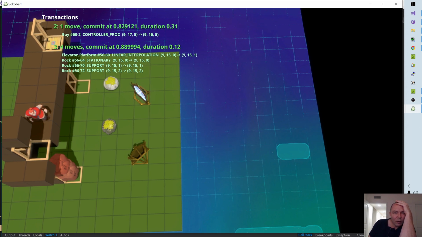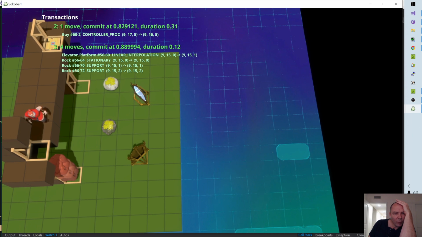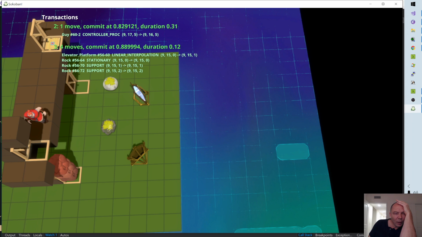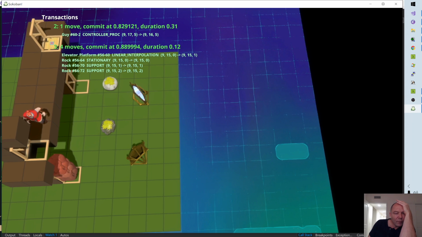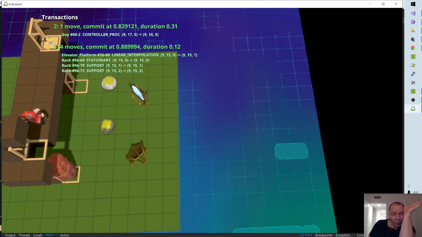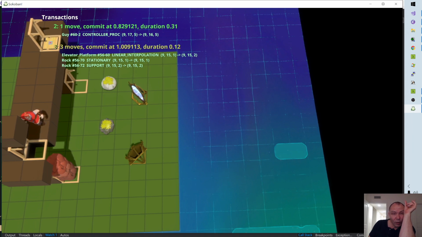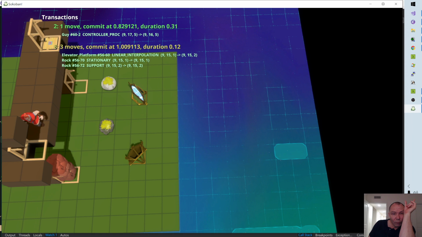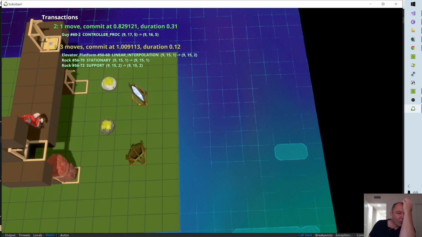That's the thing that can't move. And the other two rocks are supported by the stationary guy. So they ain't going to move either. And then maybe eventually the elevator will lift the other thing because reasons. After this transaction, yeah, no, it picked it up right there. Okay, so